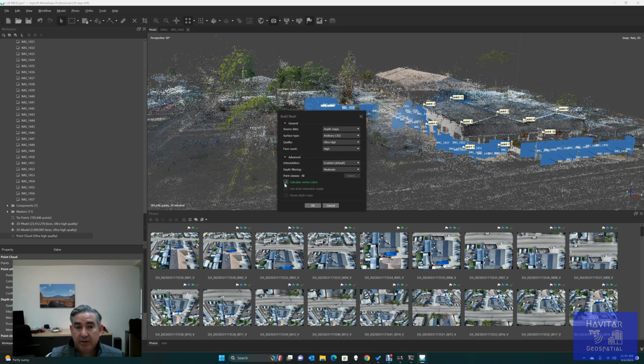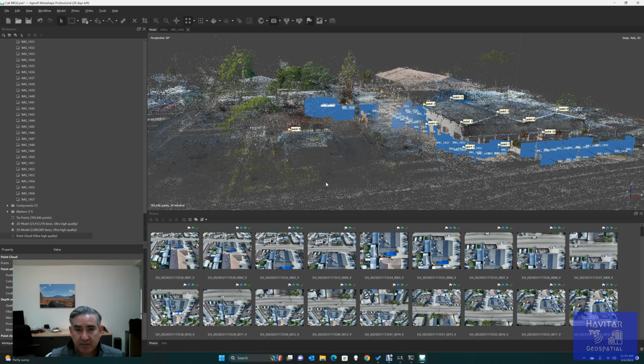And then I calculate the vertex colors so that I am getting a colorized final product. And then I click OK, and this will start the alignment process. That's going to take a few hours, depending on what setting you pick for the quality and the face count. But I'm going to click cancel here just because I've already done this, and then we are going to go